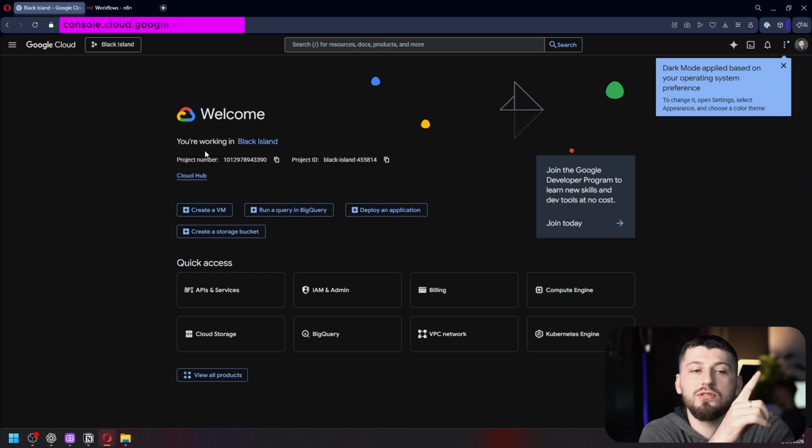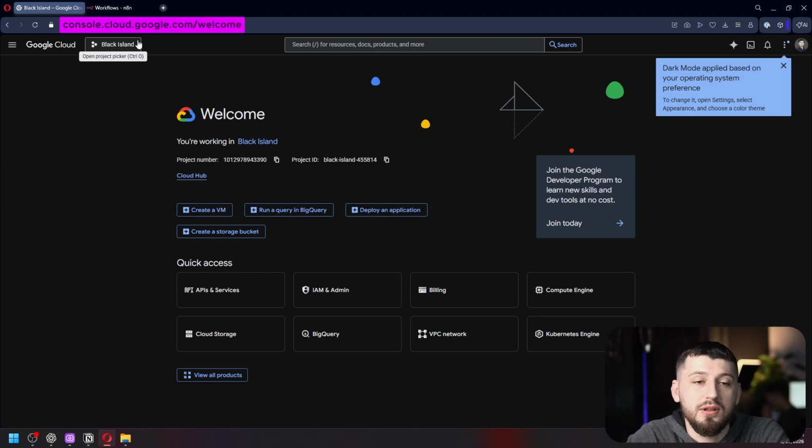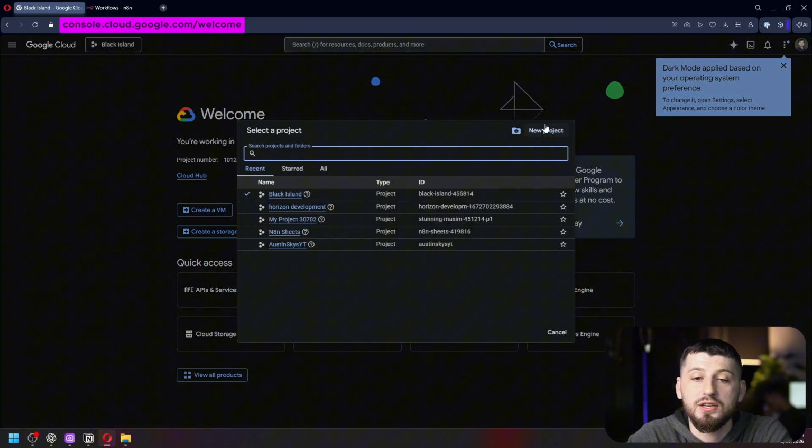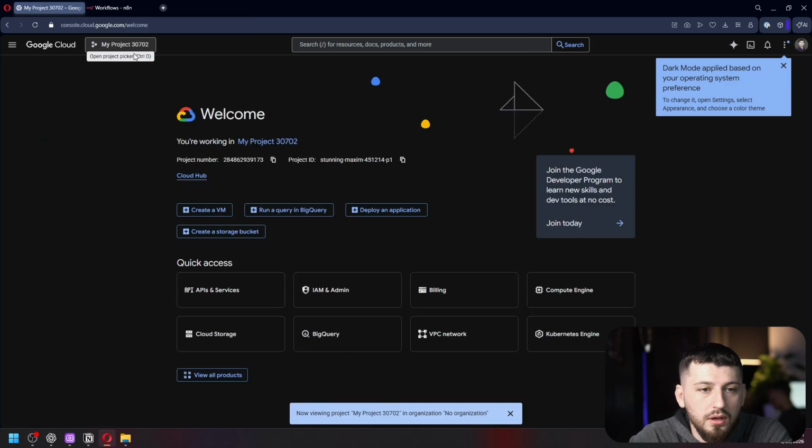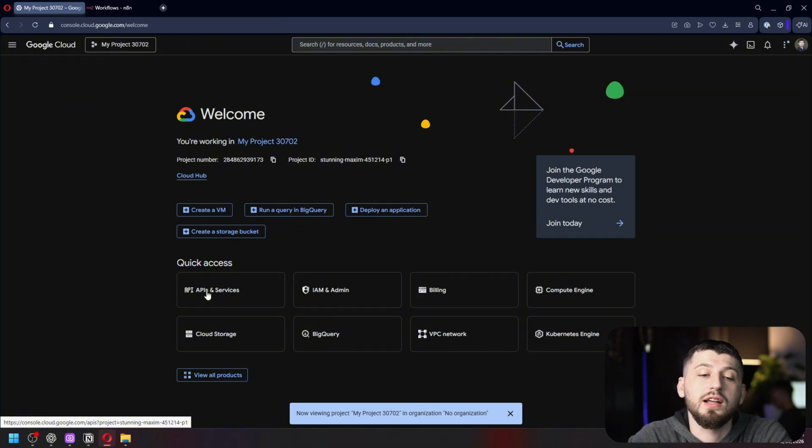First, go to console.cloud.google.com/welcome. The link is in the description below. Second, if you don't have a project, go ahead and create one. If you already have one, you don't have to worry about this. Third, make sure you have the right project selected, and we're going to go down here and click APIs and